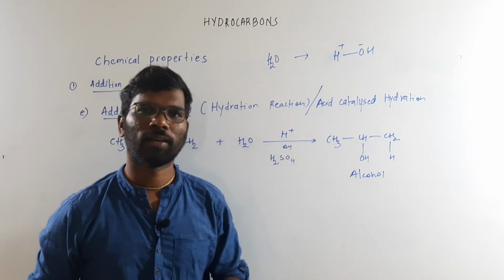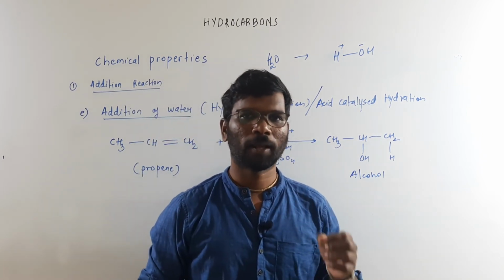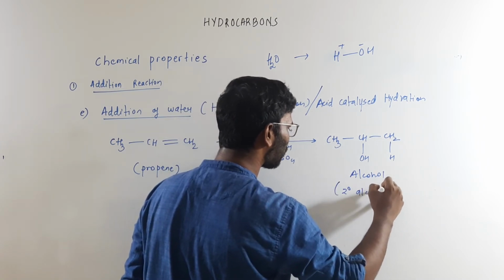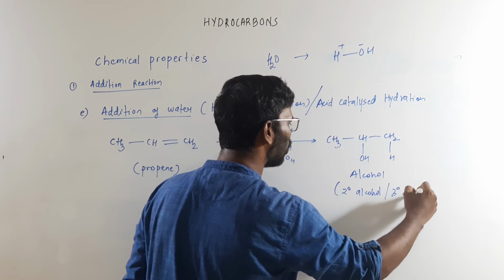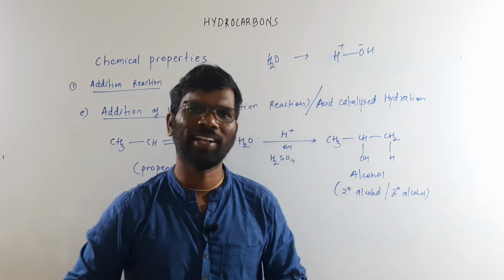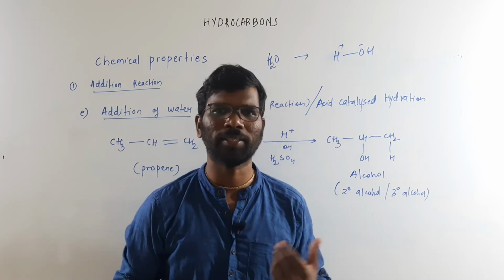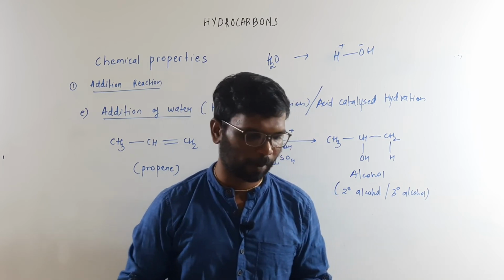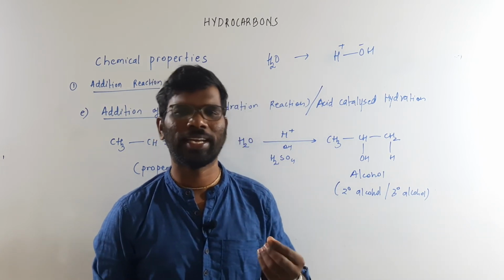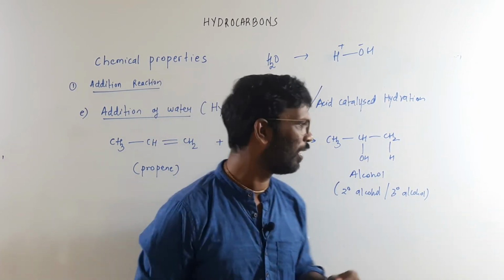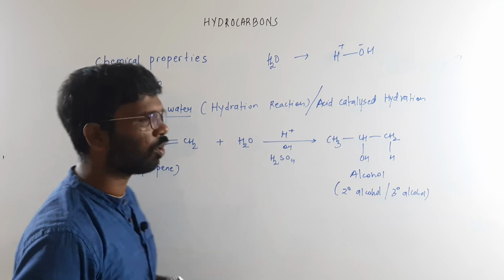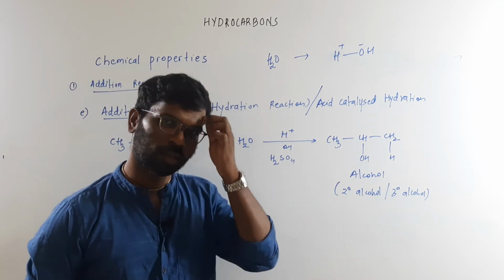Any alkene you take and you do the hydration, you will be getting an alcohol, and the major product is a secondary alcohol. A secondary alcohol is possible, or a tertiary alcohol is also possible. Since this reaction will go via formation of the carbocation, some rearrangement of the carbocation can take place, like hydride shift or methyl shift. These are the two possibilities, because of which there is a possibility of formation of the tertiary carbocation. Now here, the alcohol is the product, and this is also an addition reaction, addition of water, that is the hydration of the alkene.